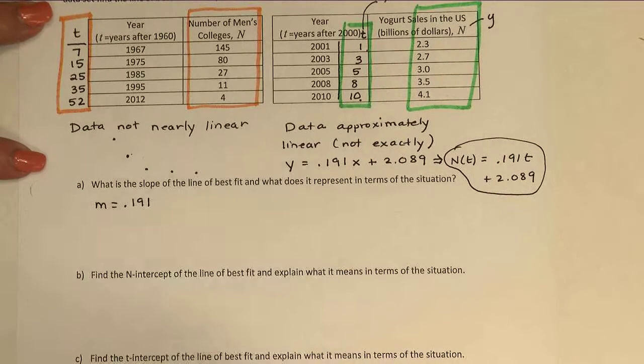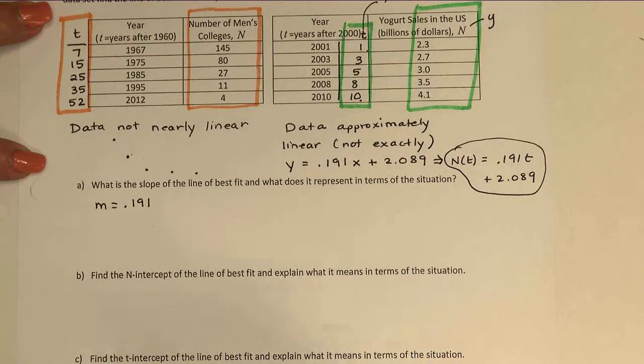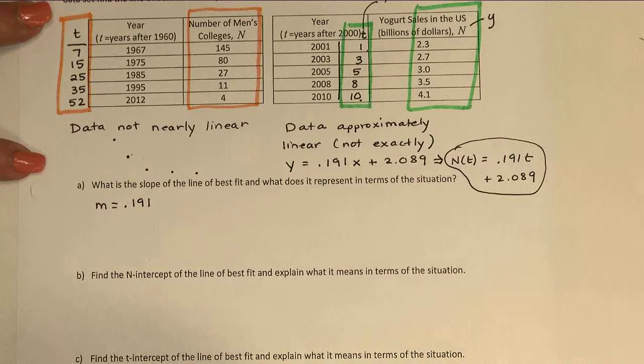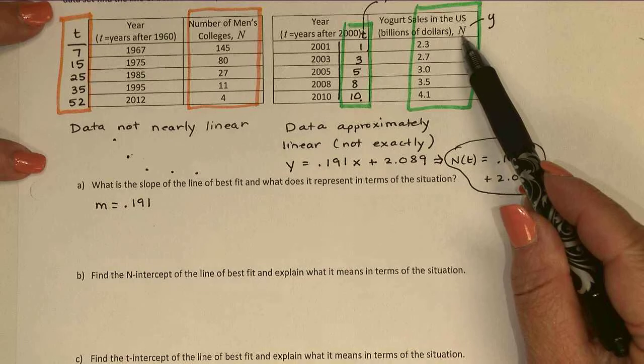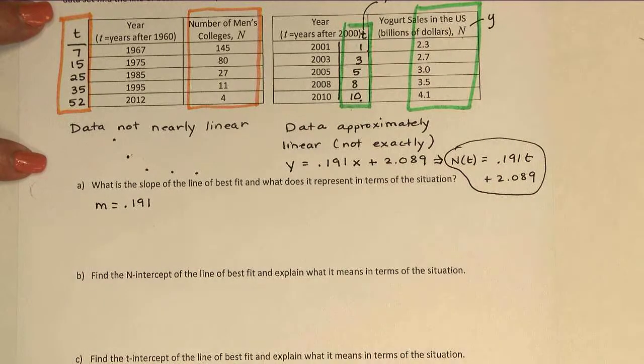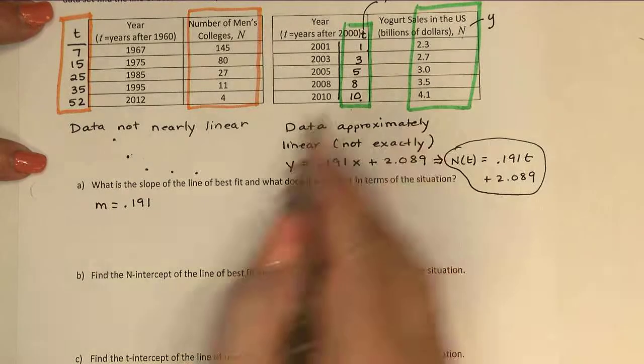First question, what's the slope of our line of best fit, and what does it represent? We already knew the slope was 0.191. And as far as what it represents, well, what's changing in this problem? It's the value of the yogurt sales over time, with respect to time. So I can say the yogurt sales,